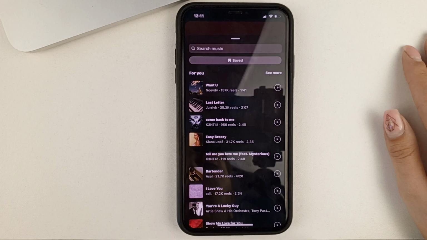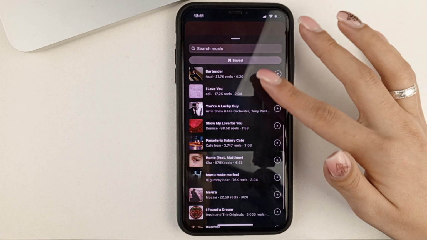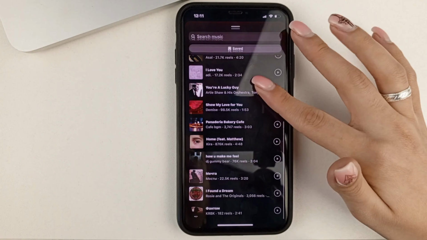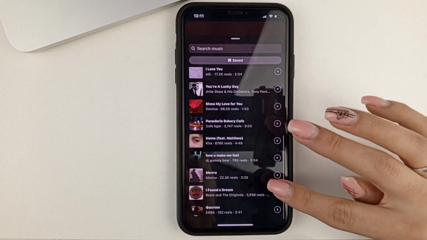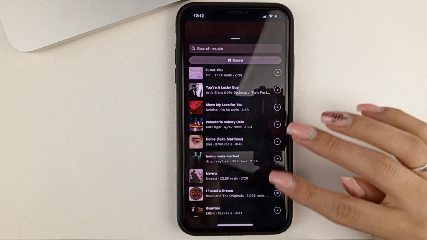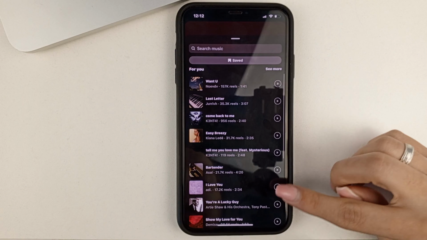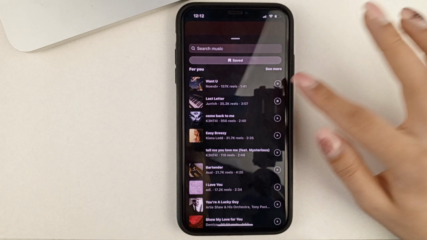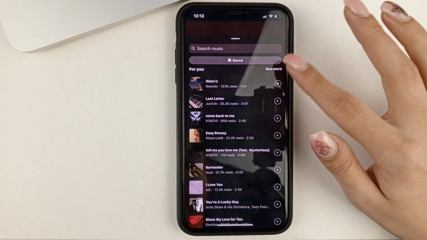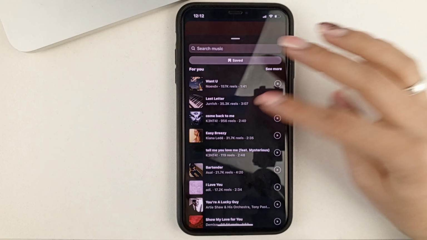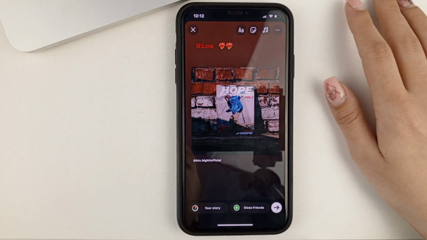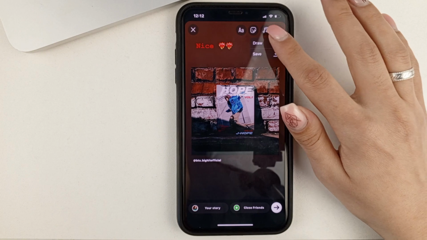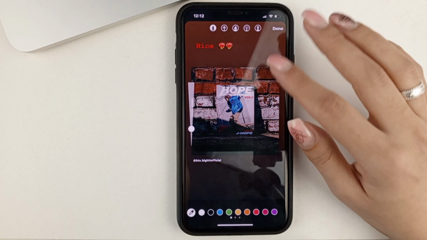We can also add some music that we would like. For example, if we click on a song, we can see that it's playing. And we can add it if we want to. We can also draw something, for example.